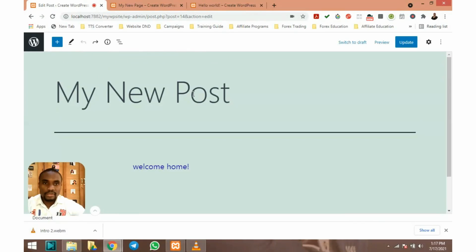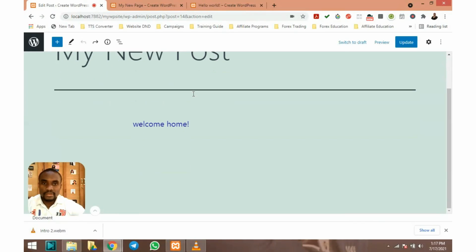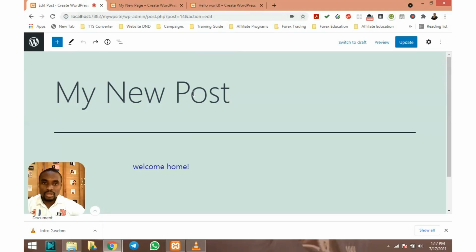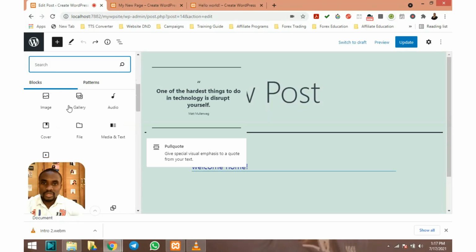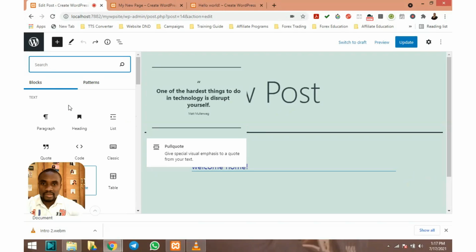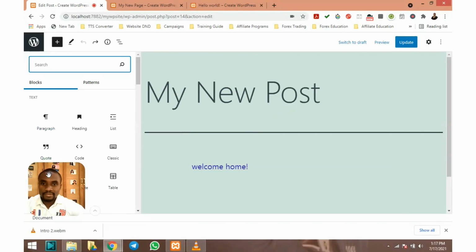If we want to add content or add a block to the post, we just come here to this plus sign and click on it. Now it brings out different block types on WordPress. You can see there are several of them right here. Here you have paragraph,